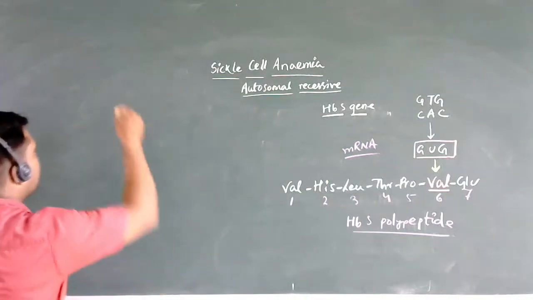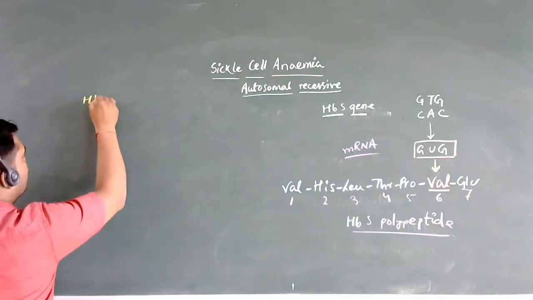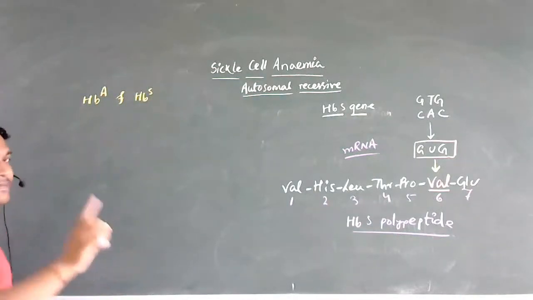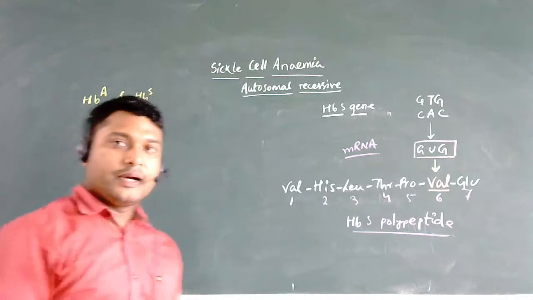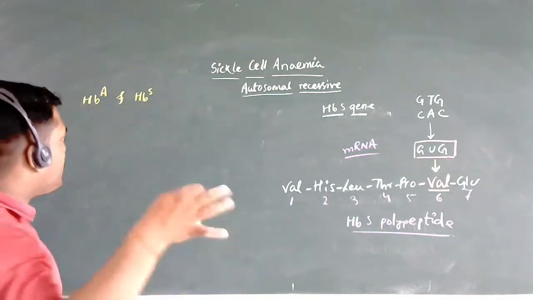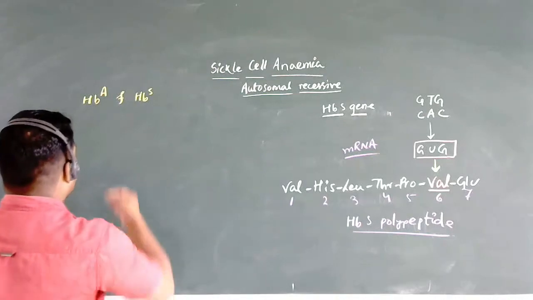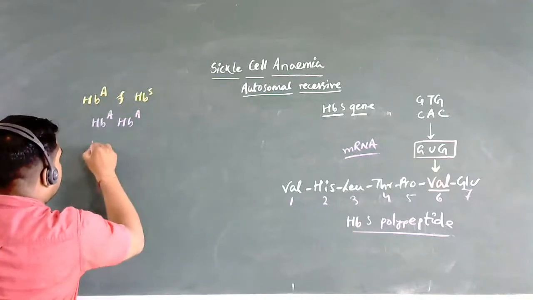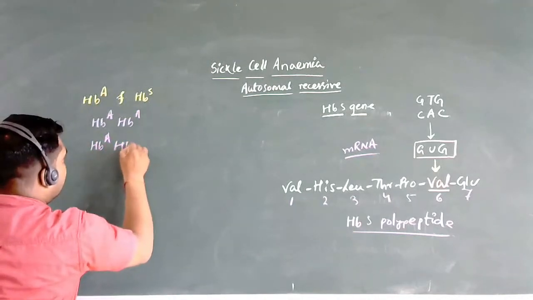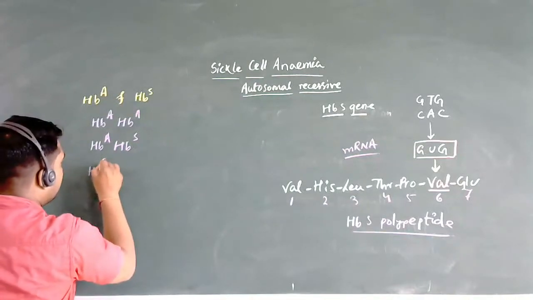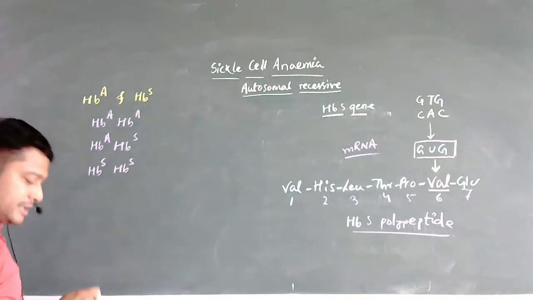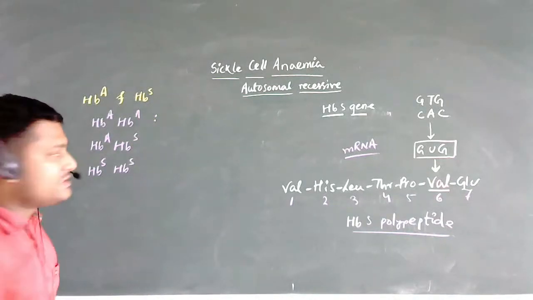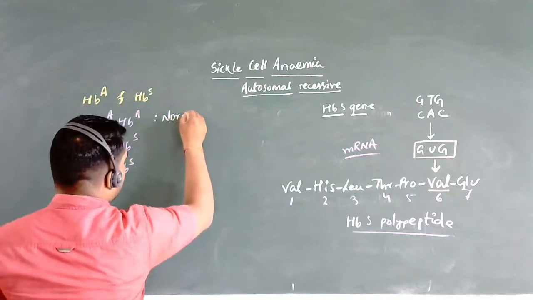So we have been talking that there are two alleles, HBA and HBS. HBA happens to be the normal allele and HBS happens to be the mutated allele. Because of these two alleles, the possible genotype combinations are HBA HBA, HBA HBS, and HBS HBS. So this particular one, HBA HBA, is going to be a normal